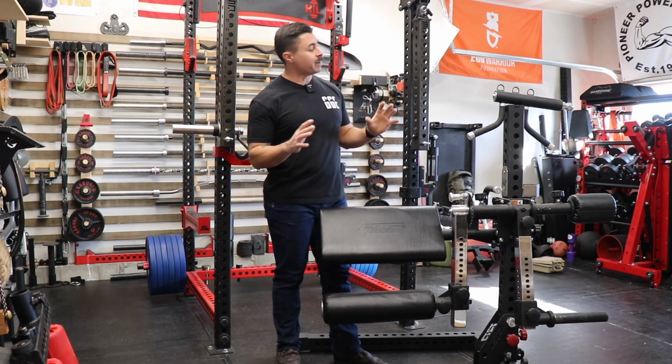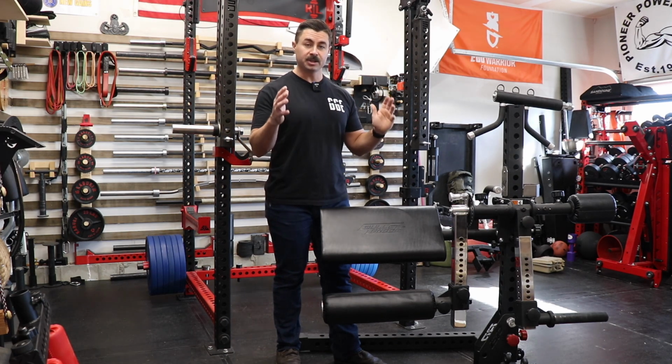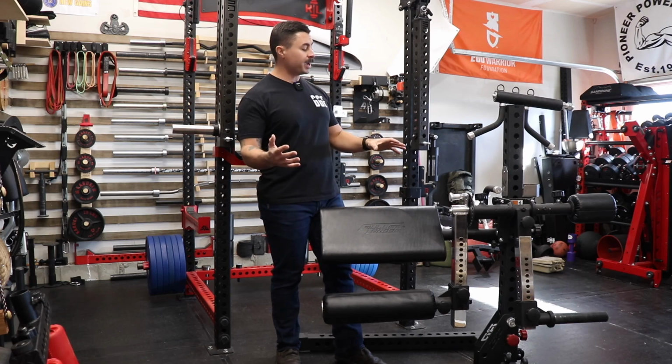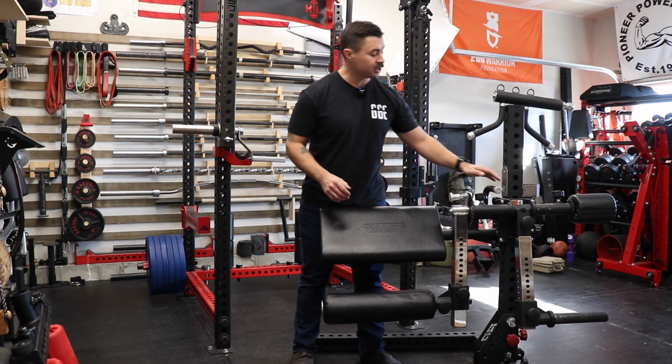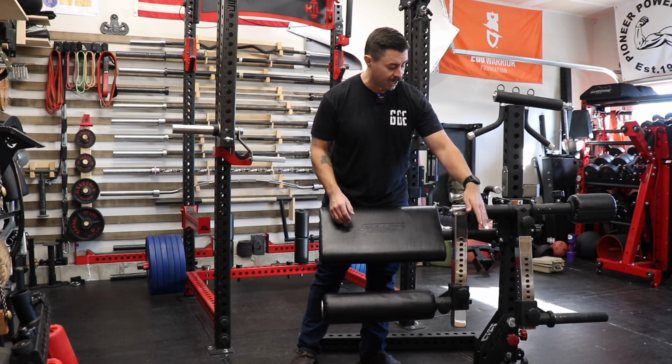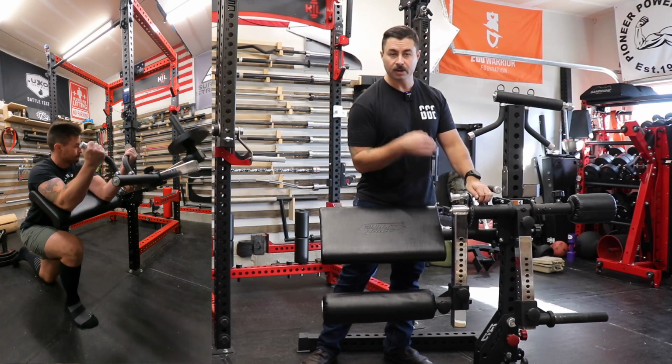I'm going to cover the base unit and what it all comes with, because this is an attachment of attachments. So with the base unit, you're going to get the carriage assembly, which is actually back here. Attached to the front of the carriage assembly is the main rotation assembly, and we have the 360-degree arm that's